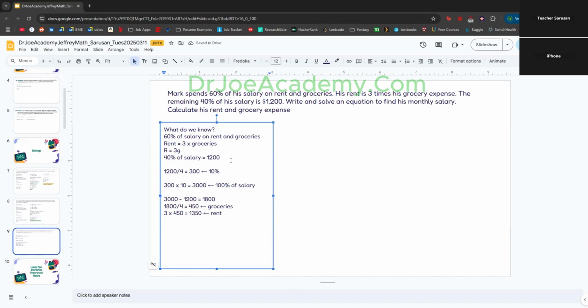So the first step is using what we know. Can you break that down into some algebraic expressions? This portion right here, can any of this be broken down into an algebraic expression? I did one so far. I did R equals 3G. Is there anything else we can do? I think we have to do it for the 40% salary thing. So maybe like,